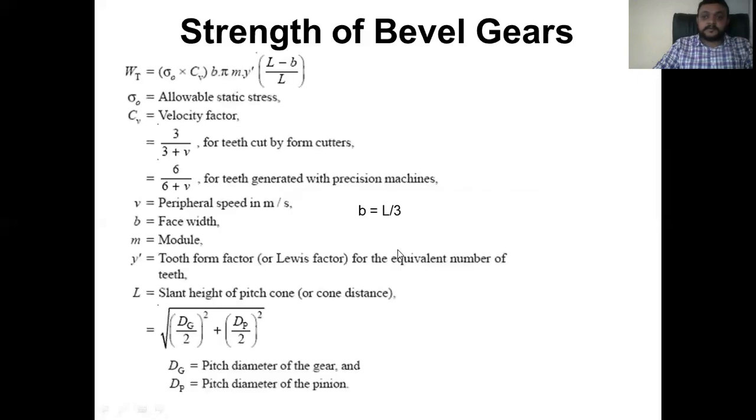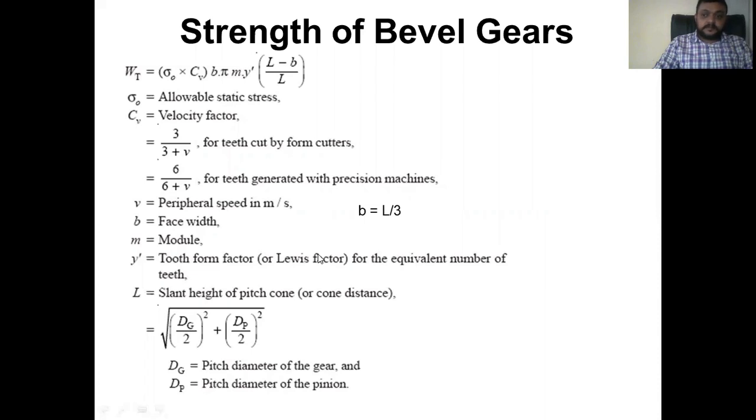Now spur gear and helical gears are normally used to transmit the power from one shaft to another shaft where both the shafts are parallel. But bevel gears are used to transmit the power when two shafts are at an angle. There is no necessity that both the shafts must be parallel to each other. So that is the most fundamental difference between the spur and helical gear and the use of the bevel gear. So bevel gears are used where you have to transmit the power at any angle.